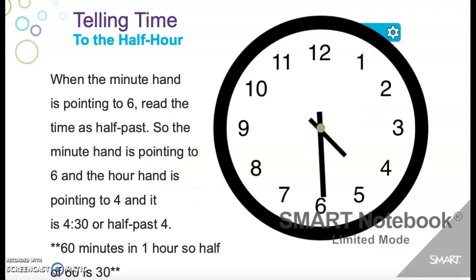All right, when the minute hand is pointing to the 6, as you can see right now, because it's the longest hand that's pointing to the 6, you read it as half past. The hour hand right now is between the 4 and the 5, which means that it's 4. And so you can read this clock as 4:30 or half past 4, because if you think of fractions,